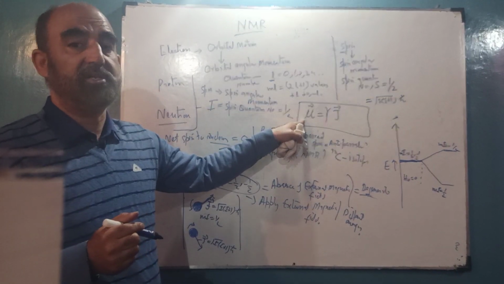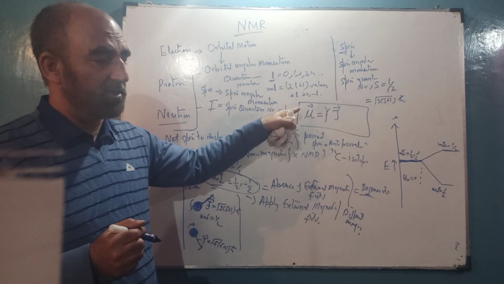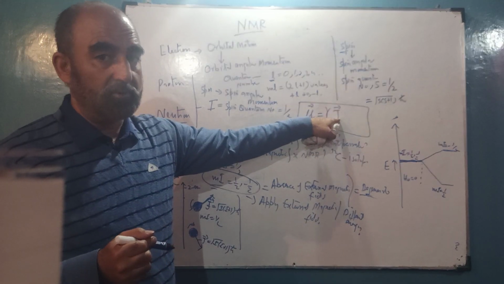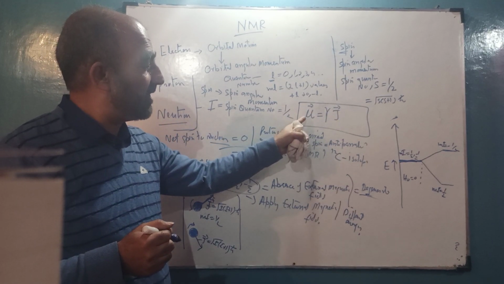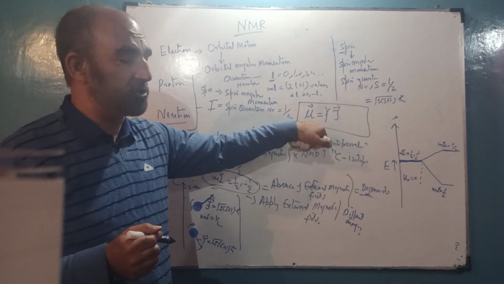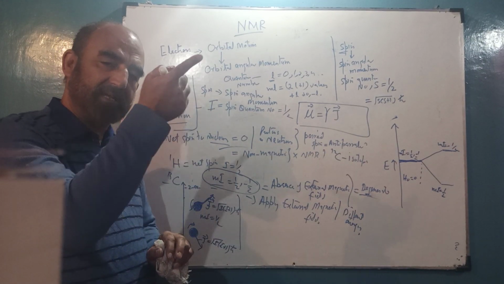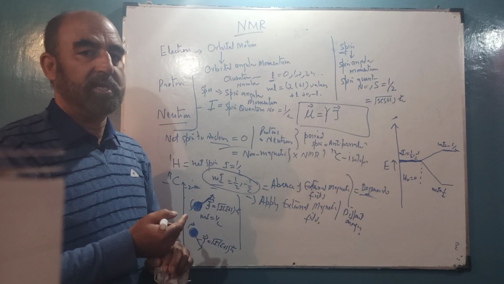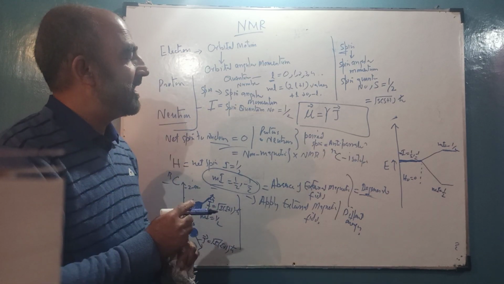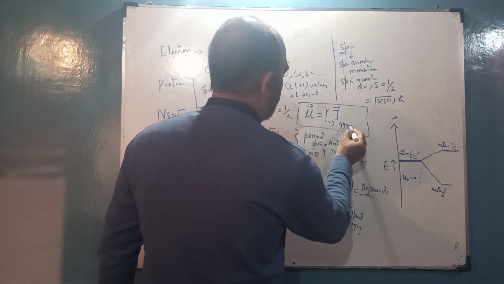This is a fundamental equation in NMR. What does it tell us? It tells us that the magnetic moment, or the magnetic field produced, is directly proportional to the angular momentum, and its orientation is also along the angular momentum vector. So the magnitude is proportional to angular momentum, and the orientation of the magnetic moment vector is in the same direction as the angular momentum vector, or it is coincident with it. This proportionality constant is called the gyromagnetic ratio.